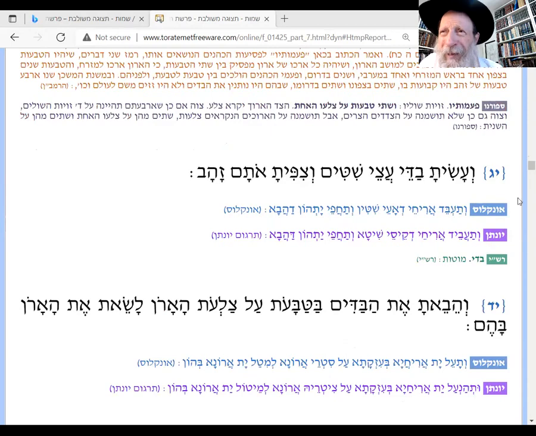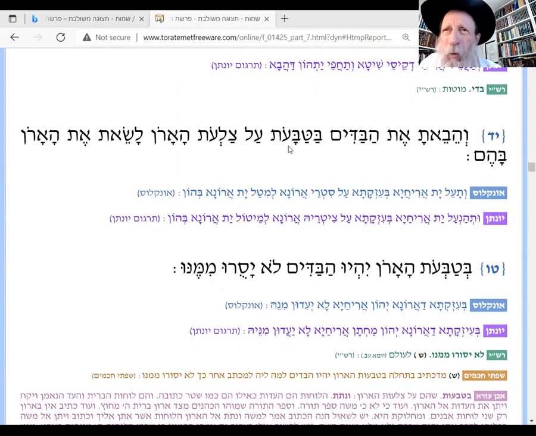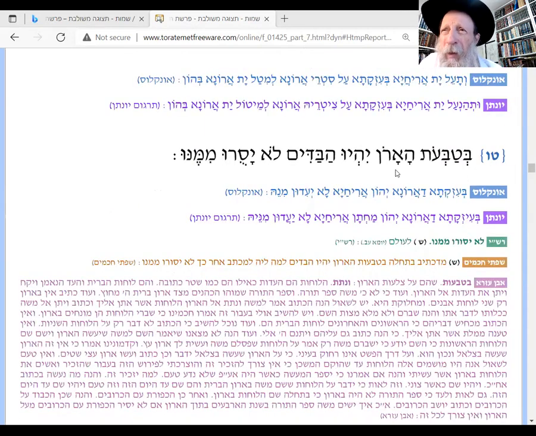You have to make poles, 2 poles of shittim wood, and cover them also with gold. You put these poles into the sides of the ark in order to bear the ark. In the rings of the ark should be put these poles, long poles. They should never be removed, right? La'olam. Even when it's inside of the temple and you don't need to carry them anymore, nevertheless you don't move